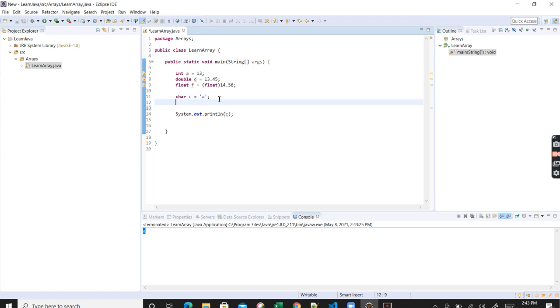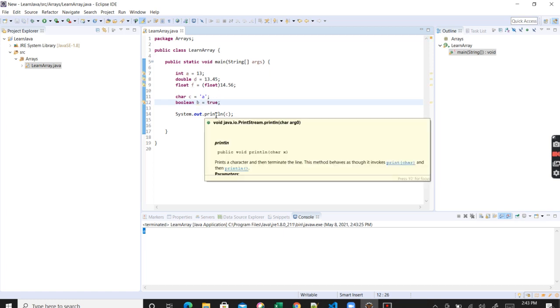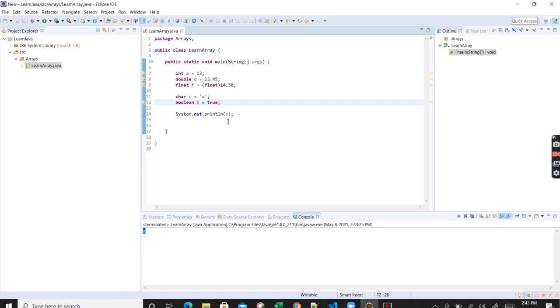One more basic type is Boolean. If you want to store either a true or false value, we can store those values in a variable of Boolean type. Now the integer variable can only hold integer values, double and float hold the decimal values, and char will hold a single character.